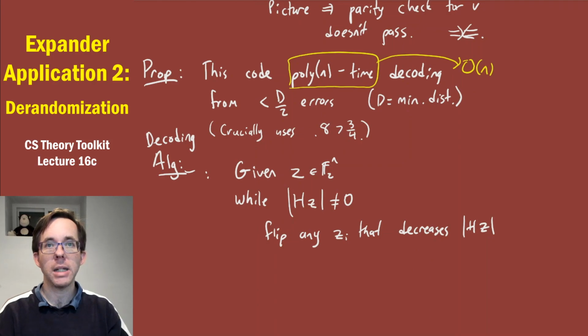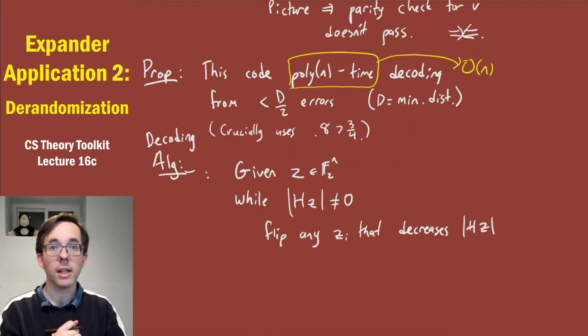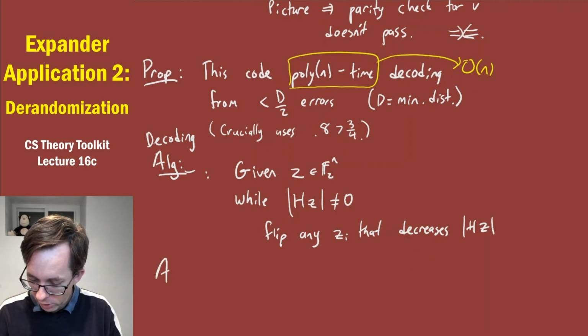Okay, so now let me tell you about a second application of these bipartite expander graphs that we've been talking about. And this one will really use heavily the fact that we have explicit, deterministic, and even fully explicit constructions of expander graphs, because the topic is derandomization. Okay, so this is application 2,